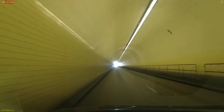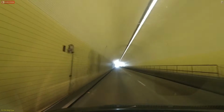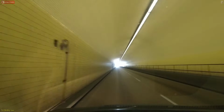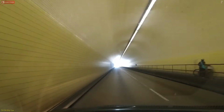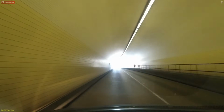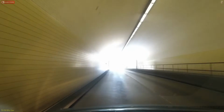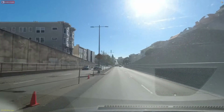I don't like those people that like to go into tunnels and start honking. I don't like that. Just enjoy the tunnel. To me, this is a cool drive. Again, we went from Chinatown now to the Russian Hill neighborhood. There's your tunnel